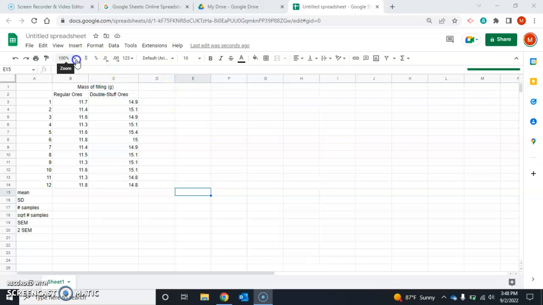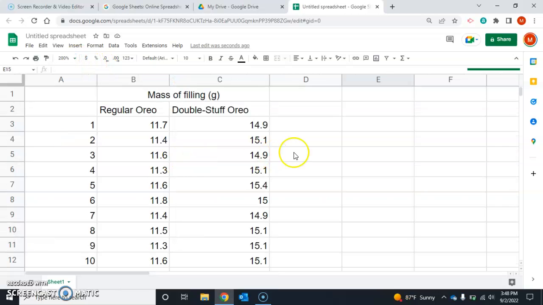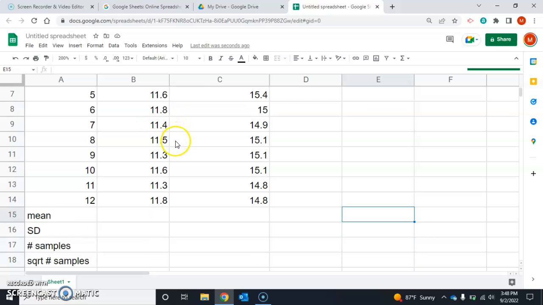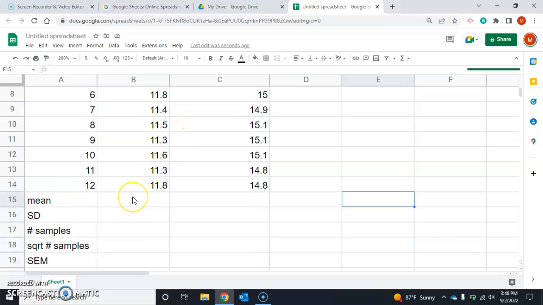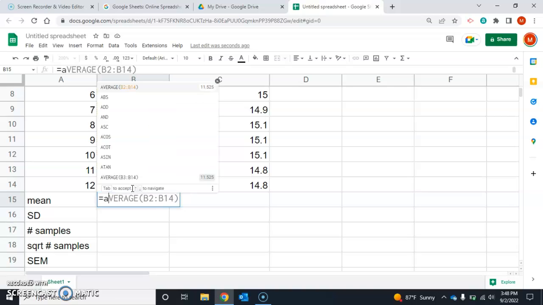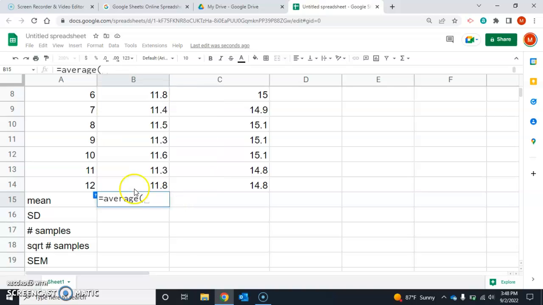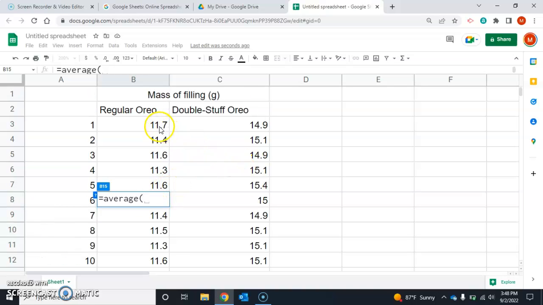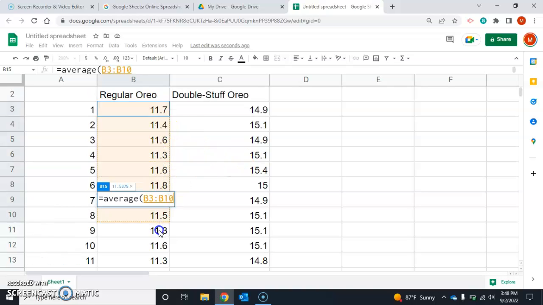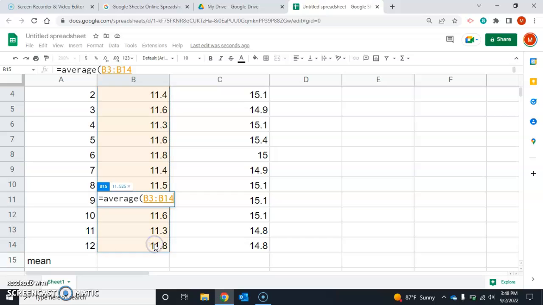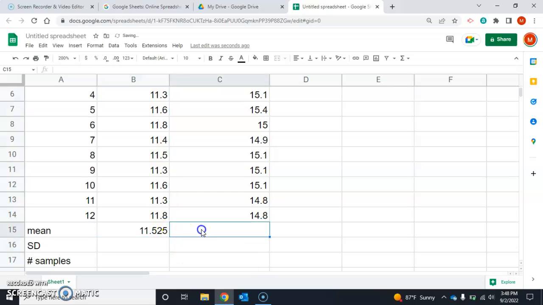This presentation is going to show you how to make the calculations for your Oreo Lab. You should have already entered this data into a spreadsheet. You're going to begin by clicking on B15 and typing in equals average, and then you will highlight the cells you want to take the average of, so cells B3 all the way through B14, and click enter, and then now you have the average of those